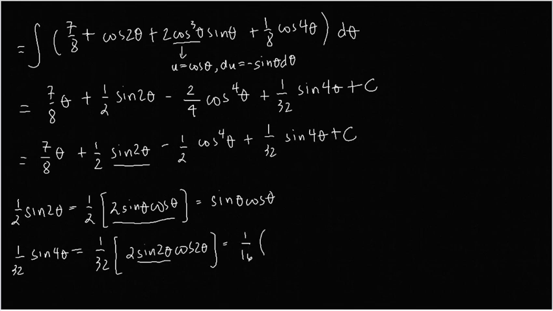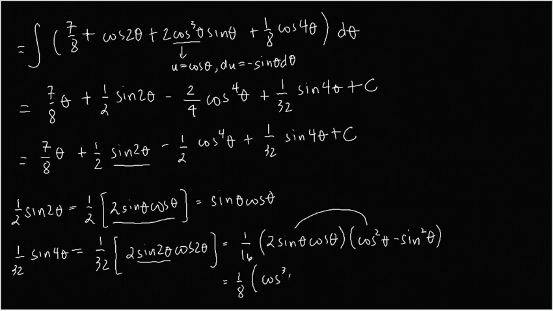And then again, sine of 2 theta is 2 sine of theta cosine of theta. Then cosine of 2 theta is cosine squared of theta minus sine squared of theta. So 2 divided by 16 is 1 over 8. Then distribution, sine theta times cosine squared of theta, cosine theta, is cosine cube of theta, sine of theta. Then we have here, sine theta times sine squared of theta is sine cube of theta, cosine of theta. So if we will combine this, or if we will simplify this function, so this is 7 over 8